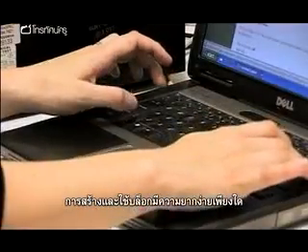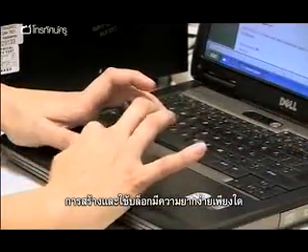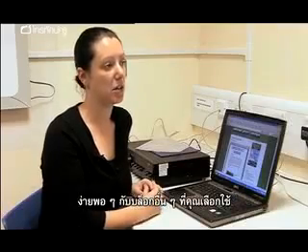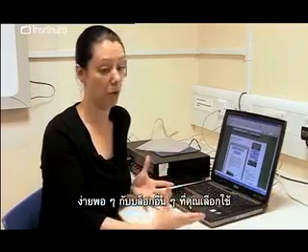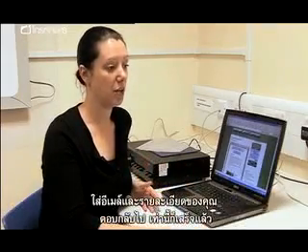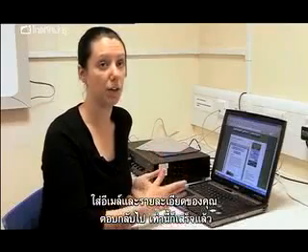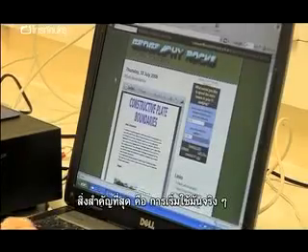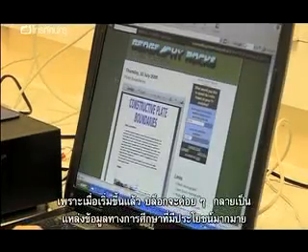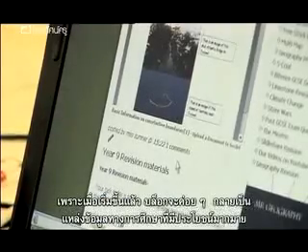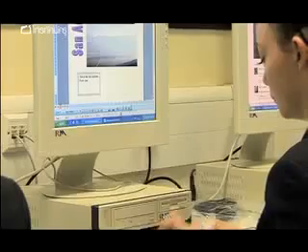But how easy is it to set up and maintain a blog? To set up a blog is really 5 minutes. It's no more than that. But it really is as simple as going to whichever blog you've chosen to use, entering in your email details in there, responding to that, and you're up and running. The most important thing is actually sitting down and starting it, because once it's started it can grow and evolve into something like the Geography Rocks blog has, which I hope is a really useful educational resource.